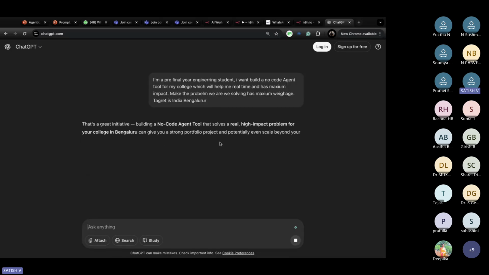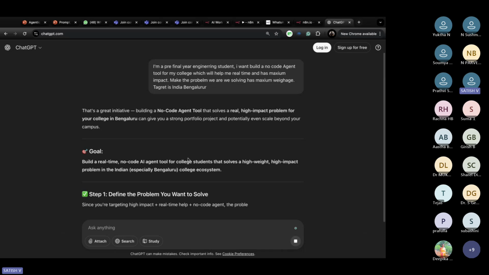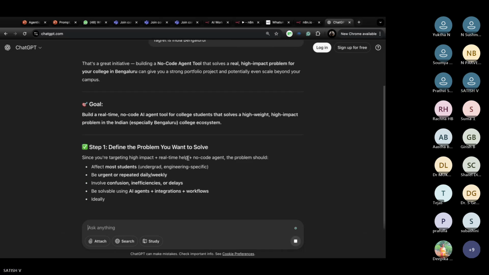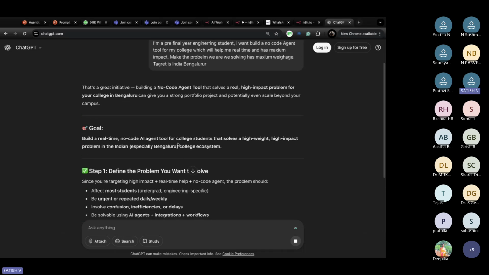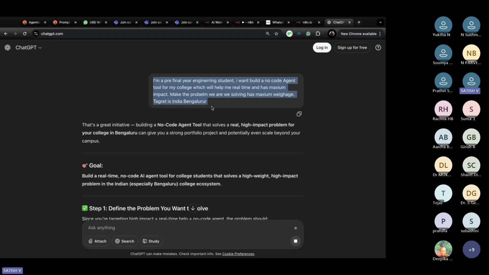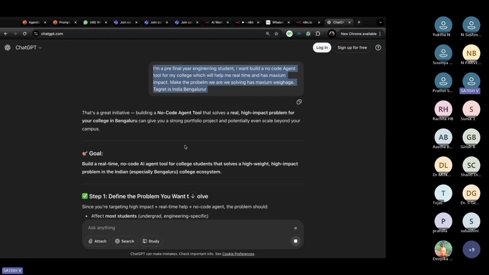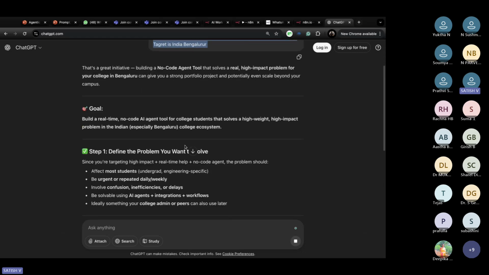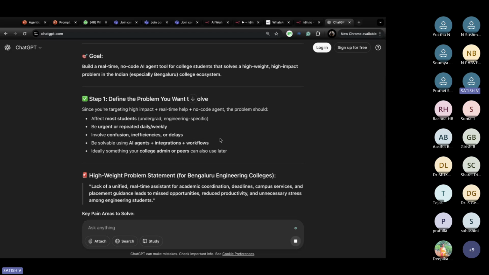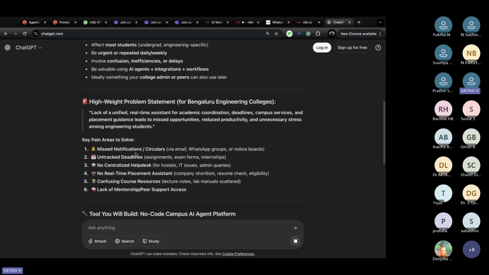And you don't have to worry if you have any grammatical errors in your prompts, AI will correct it for you. So as you all can see, I've just given one detailed prompt with whatever strategies we have discussed. So it is just giving us a plan, right? So you all can see